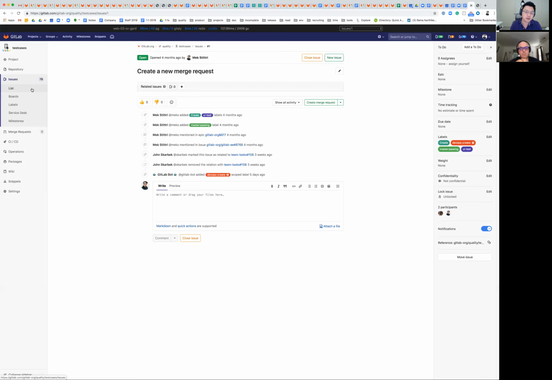Yep. If we're worried about clearing history, or making things clean, or have it snap to grid per se, for lack of a better term, we could even have the runner create an issue for you if it doesn't exist. So it's not a manual thing. As long as we know that there's a test case, whatever integration or end to end, and if that number is not there, or if the name of the test isn't there, I would assume we need to enforce some kind of uniqueness in the test case name, which I think is kind of a given in other test case management systems like TestRail or